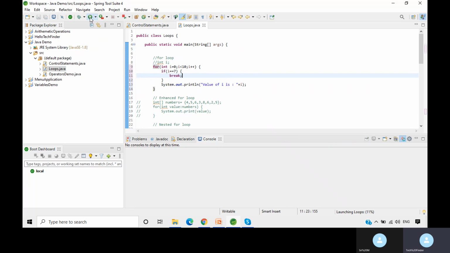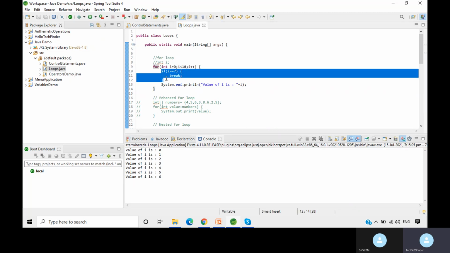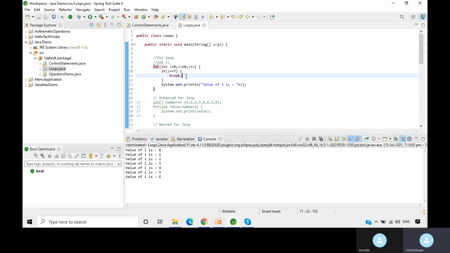Now we'll see after 6 there are no values printed here, because if i equal to 7 we terminated, I mean we broke that loop, that's why it is not printed.